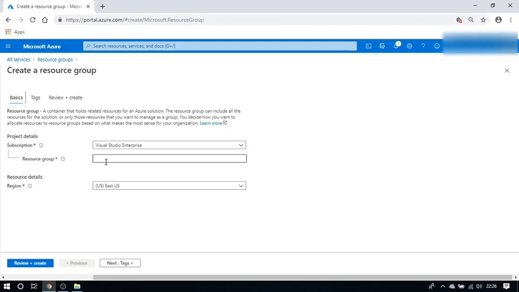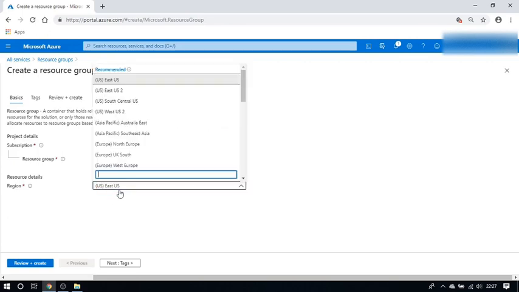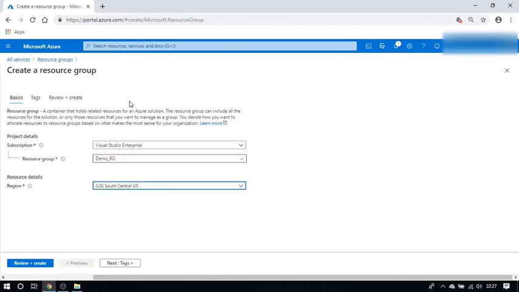It all depends on enterprise-level naming standards. If you have standard names defined, you have to follow them. Otherwise, you can give any resource group name as you wish. So I'll make it demo underscore rg, and for the location, I'll choose South Central US,